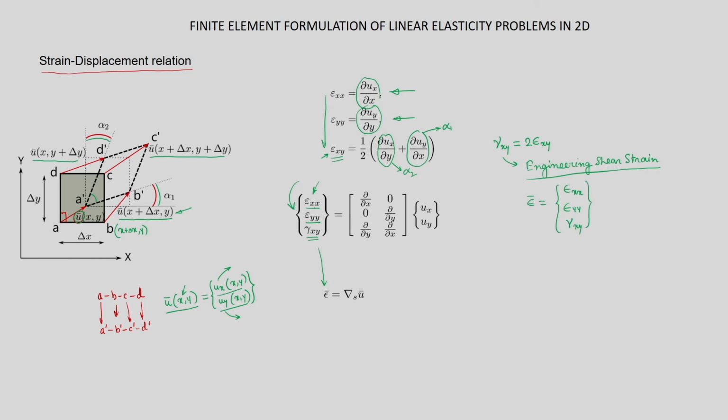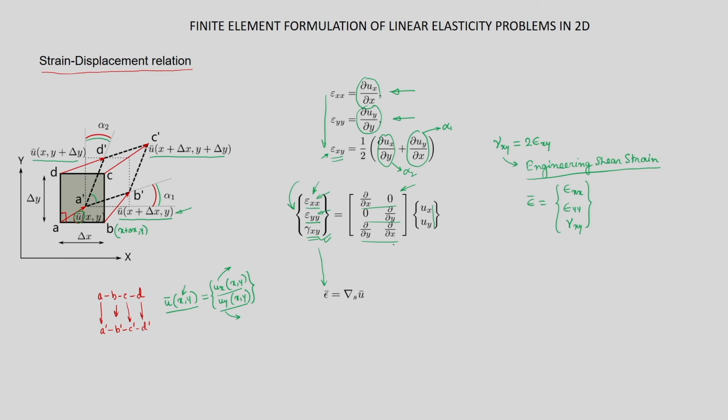Alright. Now these three set of relations we can express as this. Look at this matrix containing the partial derivative operators, the corresponding operators. If I look at the first row times this column vector, we get del ux del x. So that is epsilon xx. Similarly, the second row gives us del uy del y. So that is epsilon yy, and the third row gives us del ux del y plus del uy del x. So that is gamma xy, because that is twice of epsilon xy.